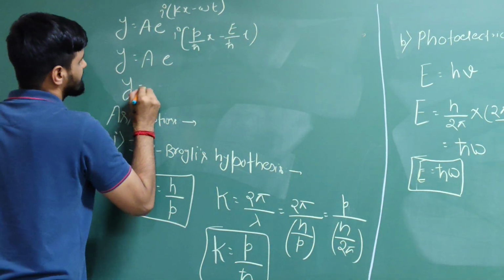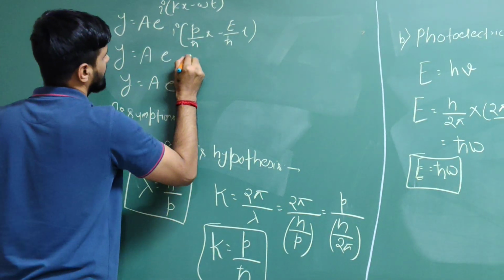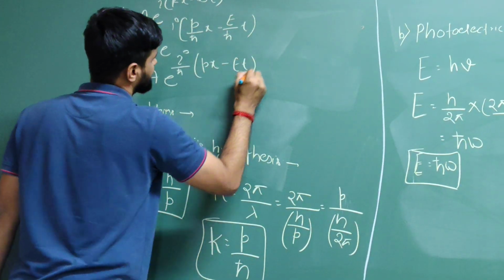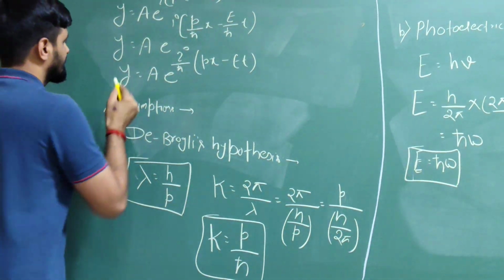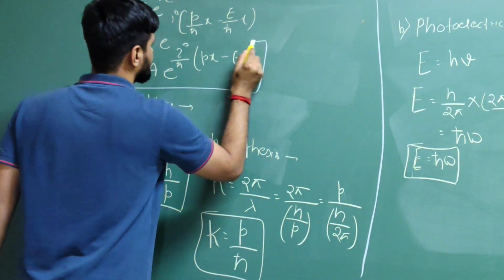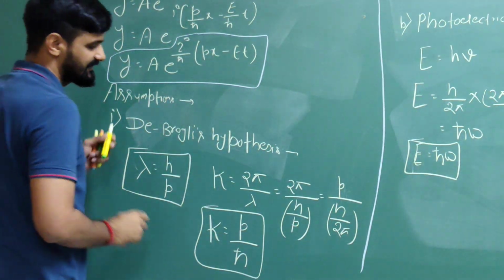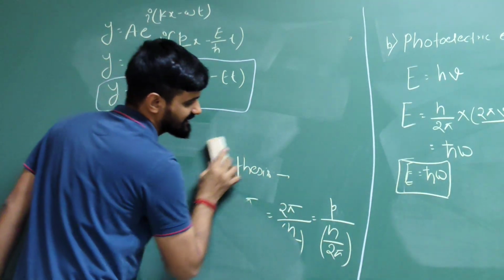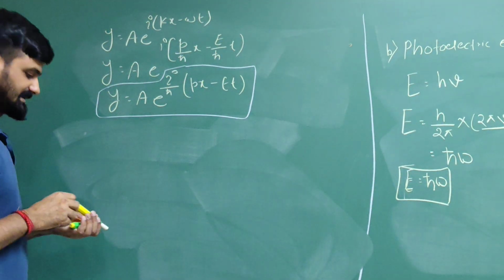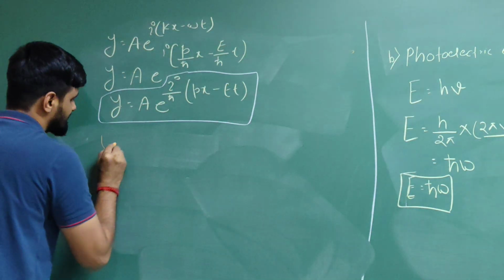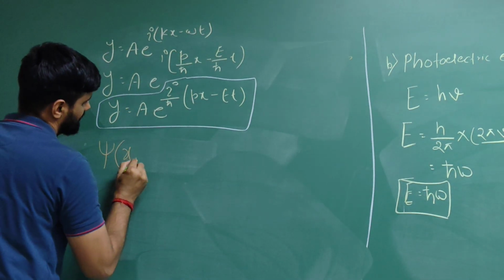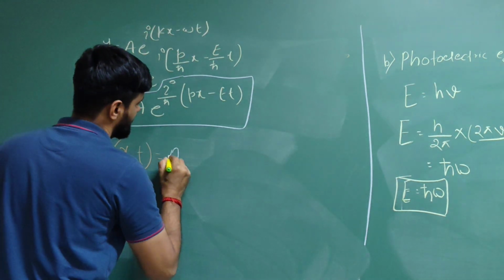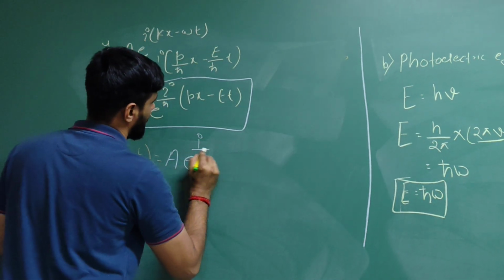So finally we can write this as y equals A e to the power i by h cut, then (px minus Et), right? So finally this is our solution of the wave equation. This is how the solution of this wave equation looks. Okay. So now we assume, since this is the solution of the wave equation, that it is the wave function, right? So this will be called psi of x, t, and that can be written as A e to the power i by h cut